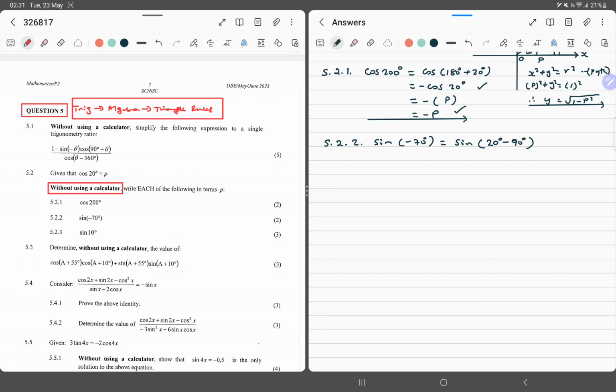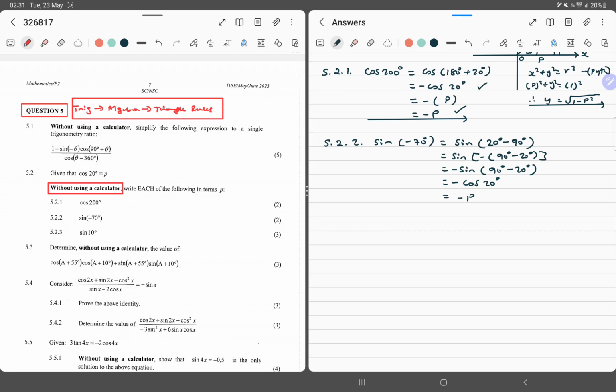So now the strategy is that for those who don't know, you just say sine and then you factor out a negative. You're going to get 90 degrees minus 20 degrees. Now, sine of a negative angle is a negative sine of 90 degrees minus 20 degrees, okay? Now, sine of 90 minus is in the first quadrant. Sine is positive. Therefore, the co-ratio will be positive, but because of that negative on the outside,